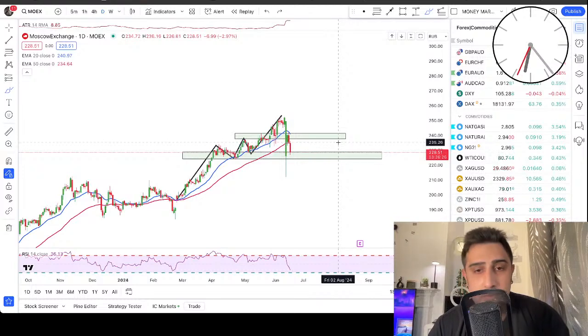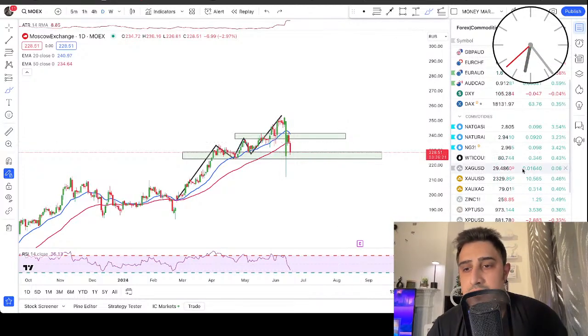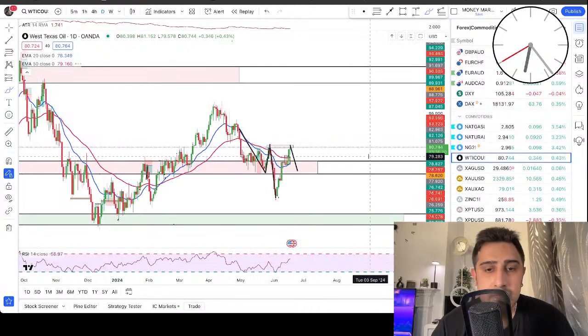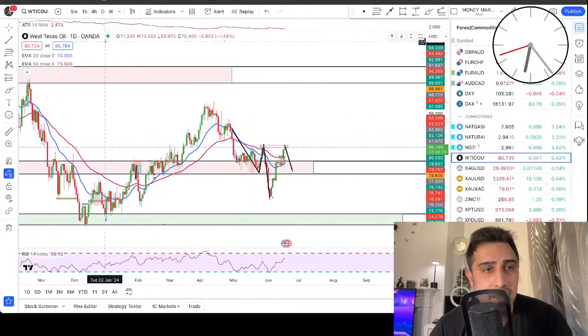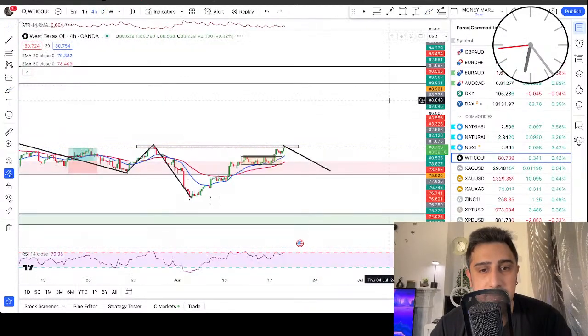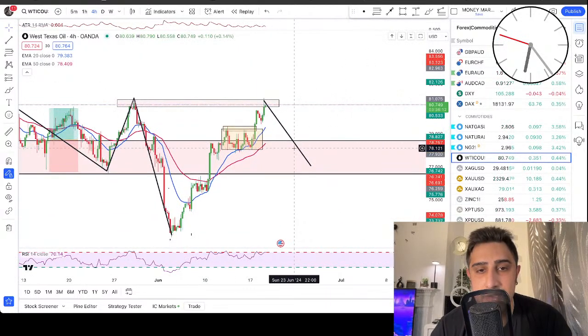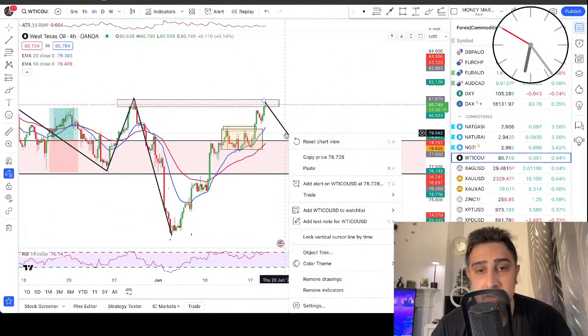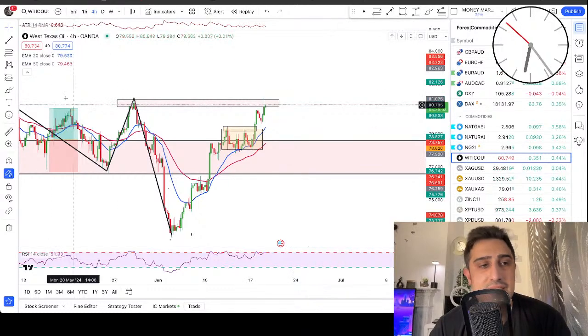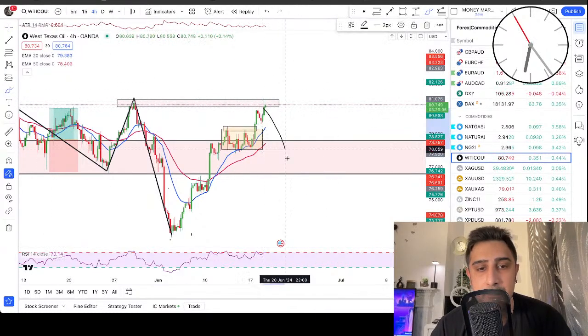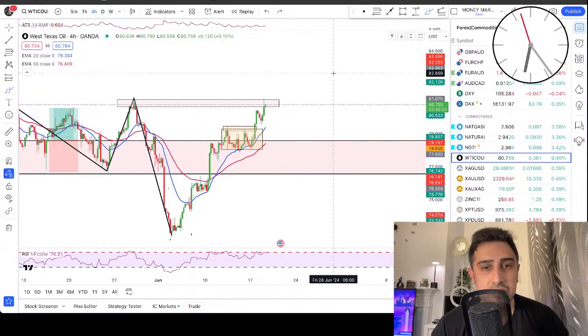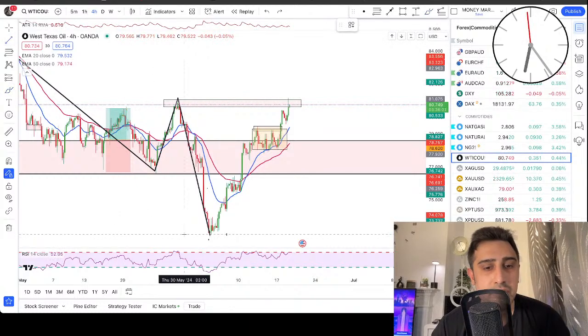Right guys, so I'm going to take a look at one or two markets as well, then I'm going to head off for some work I need to do. And let's take a look at crude oil quickly. So now I'm looking at a possible head and shoulder pattern. As you can see, the price is rejected and all I want to see is a push down to the termination zone.